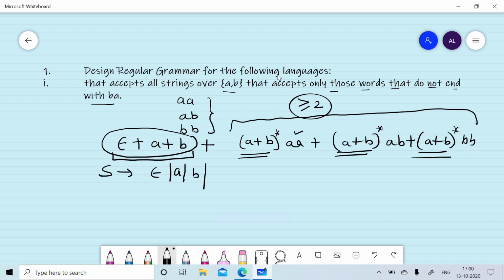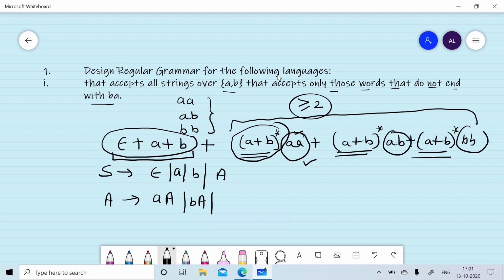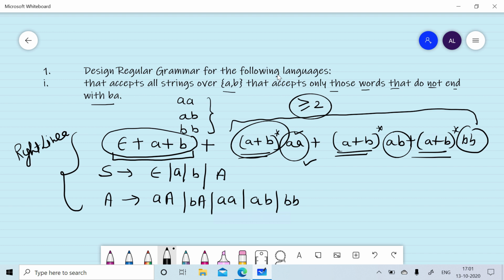That can be generated by replacing S by A, and using A we can generate (A+B)*, that is AA, BA, and whenever we think that we have generated (A+B)*, we need to terminate either with AA, AB or BB. So we will terminate it by AA, AB or BB. So this is the right linear grammar for the given problem.